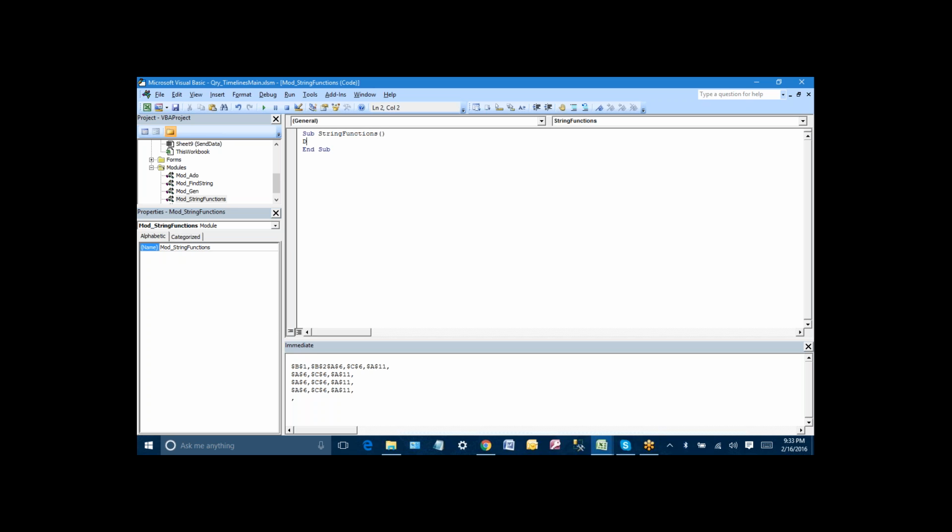First of all, we'll declare one variable, str name, as string, and we'll set the value for this str name. I'm leaving a blank space, and